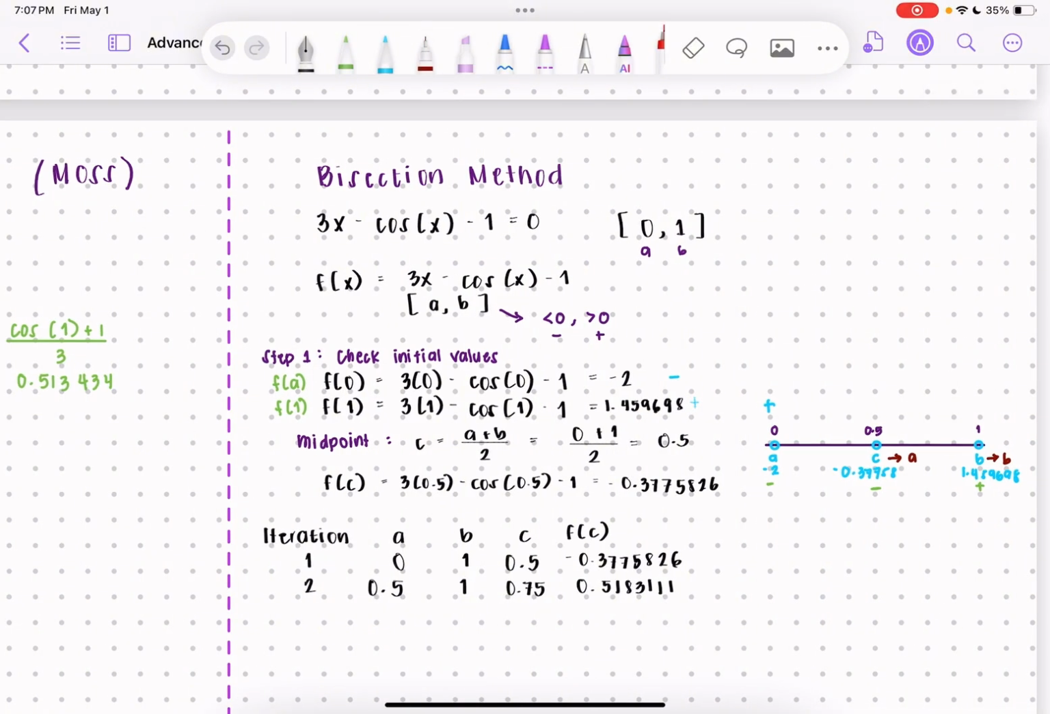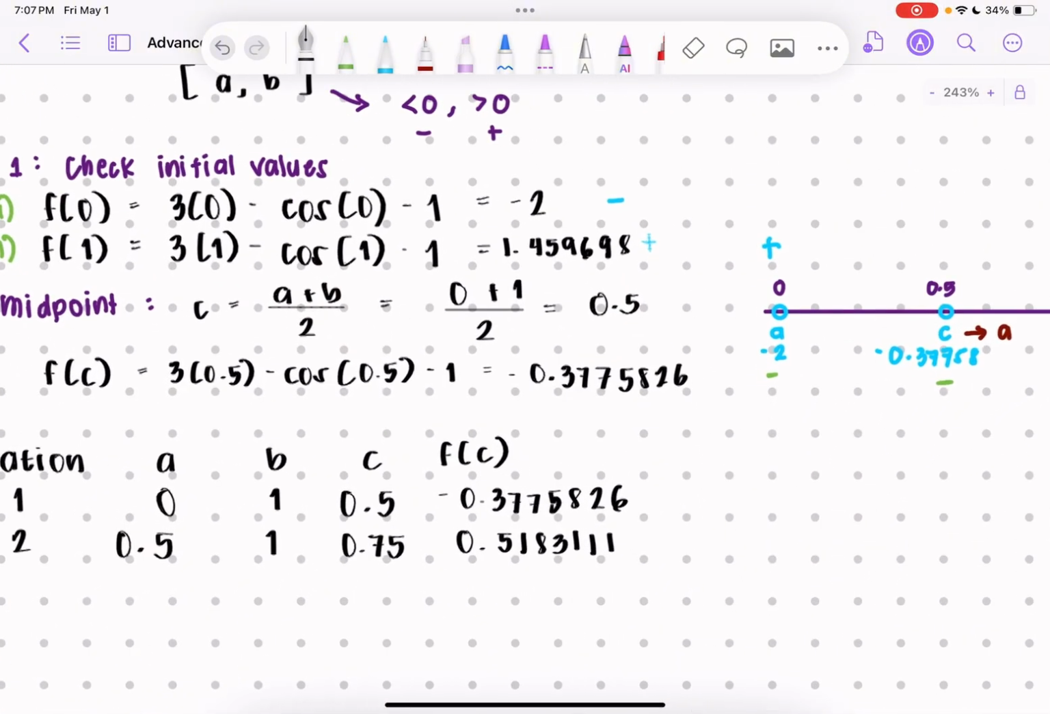So for the first iteration, we have this, the one we solved earlier. For our second iteration, as I said, the C will be our new A. So the value of C is 0.5. So simply write 0.5 here, and B is the same, so it will be 1. Next, we're going to solve again for the midpoint. For the midpoint, we will still use the same formula. So that would be 0.5 plus 1 divided by 2. And that would give us